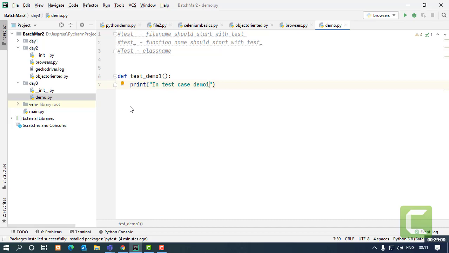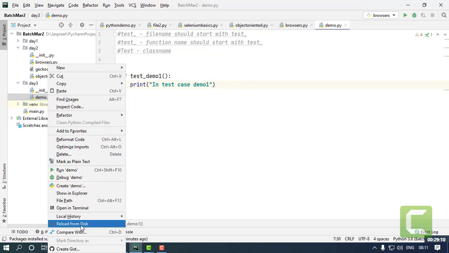Later on we'll come to Selenium code as well. Now I have to run this. Running files is simple enough, I told you earlier as well. You will get the option over here. But whichever files contain test cases will have a different type of run information given. It will not be like this.